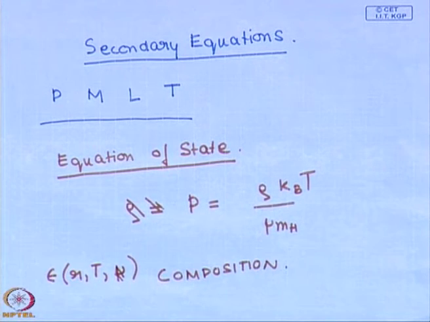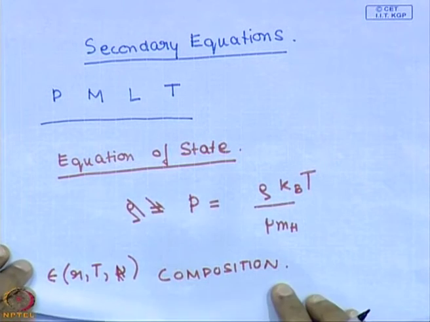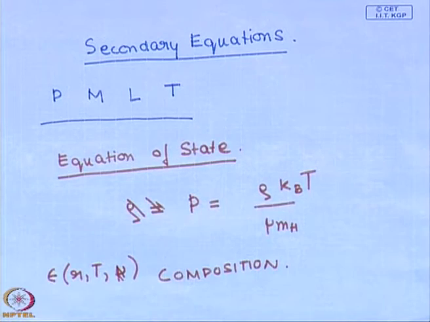And it will change, that this is through nuclear fusion, and the rate at which energy is being generated will be different if you change the composition. If you change the fraction of hydrogen, we have seen that the energy generation rate changes. It goes as the square of the hydrogen fraction. We have seen this already. So, it depends on the composition. So, you need to also tell the composition as a function of the position along the star, and that will again change as the star keeps on burning more and more fuel.